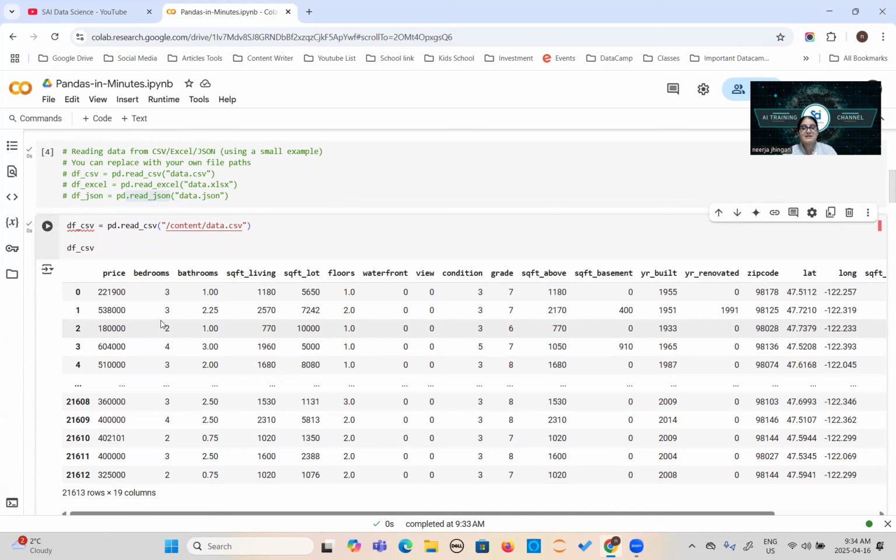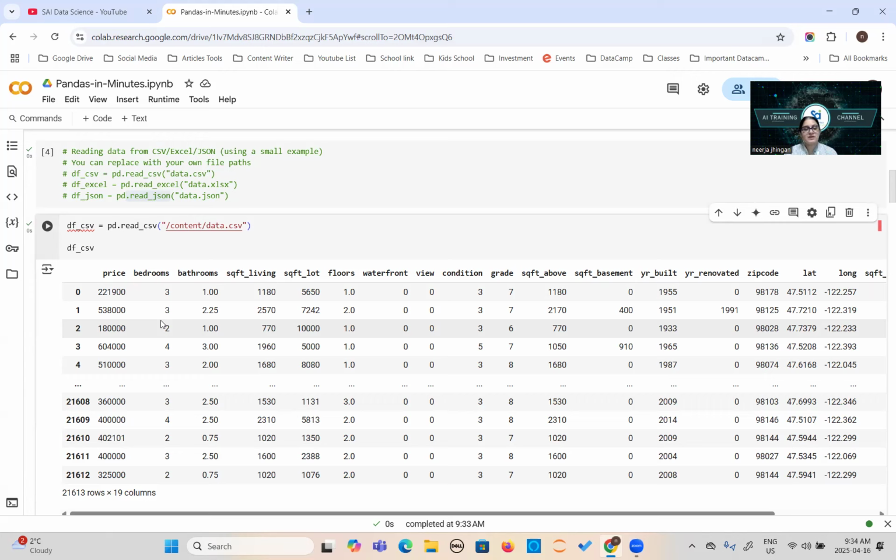Now you can connect it with your data analysis journey. If you are collecting the data from different servers, you are doing web scraping, you are collecting the data in the form of JSON format, you can easily read it using pandas, right? And you can also combine it. How you can combine multiple data frames, I will tell you later. We will slowly move from the basics to intermediate and then advanced. But today our goal is to just learn the basics, okay?